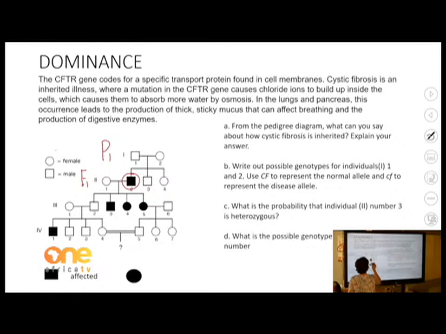So this offspring did inherit cystic fibrosis, and here they tell me I must use CF. So this individual, number 2, did inherit the genes. So I will say cystic fibrosis